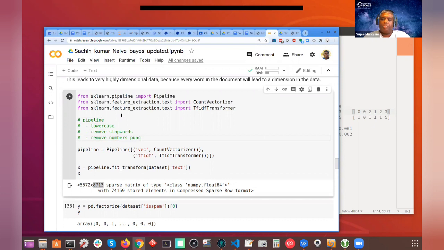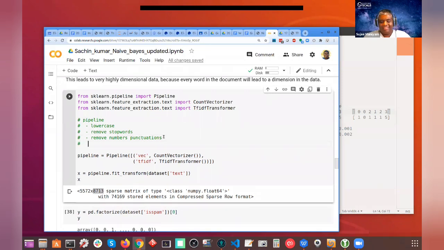There's a lot of cleanup you can do. I could have done this, but we're not doing any of that here, because it's text messages. Maybe you want to remove emojis, for example. Anyway, you get the idea. There's a lot of things you can do, but here we are just simply vectorizing it.